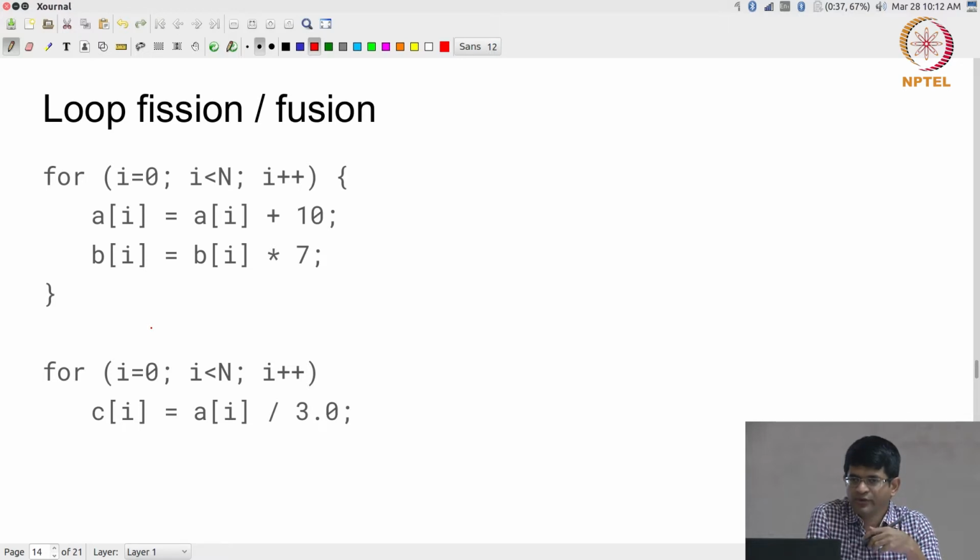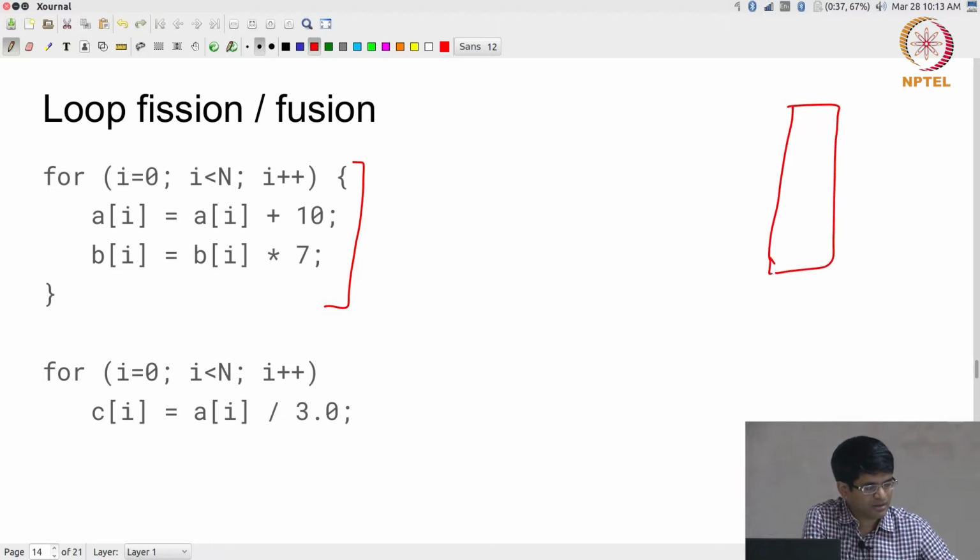Loop fission and loop fusion are two related transforms that you can perform on loops, right. What does this mean? Essentially, I have a loop in which I am doing two computations. Okay. A of I is equal to A of I plus 10 and B of I is equal to B of I into 7. Can you think of any reason why this might be a problem or why this is not the most efficient way of doing things? It relates to what I had mentioned about the fact that you have memory and you have cache,